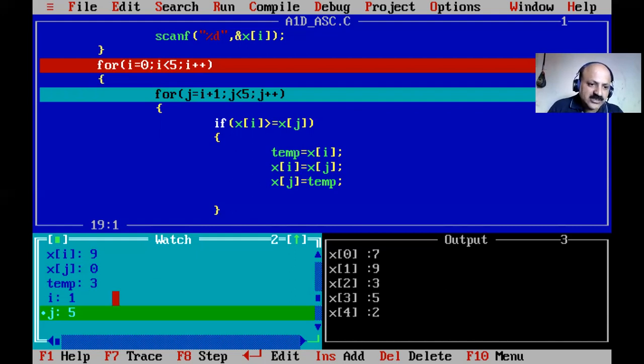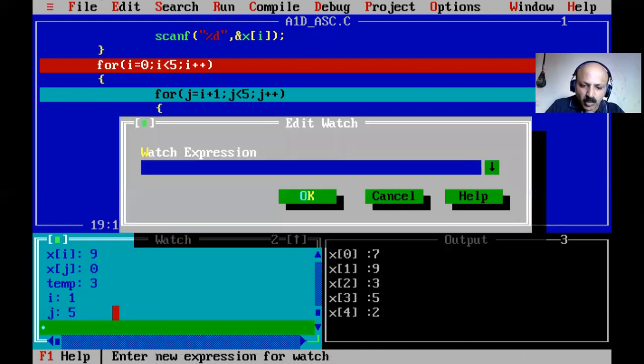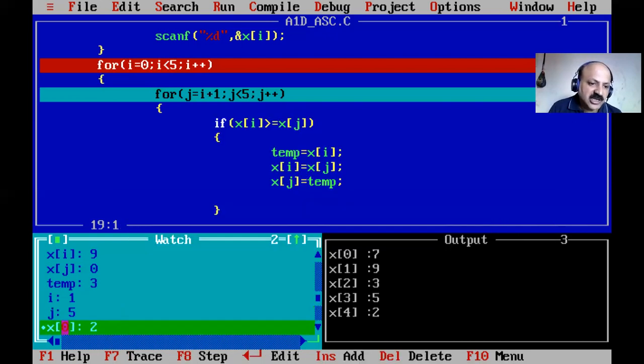I will just show you how it looks. So here we can print x of j, so that is 2. First element is set, and then i++. So i is now 0 to 1. So the first position, our first smallest element for ascending order. So one round of the outer for loop completely sets the 0 element.